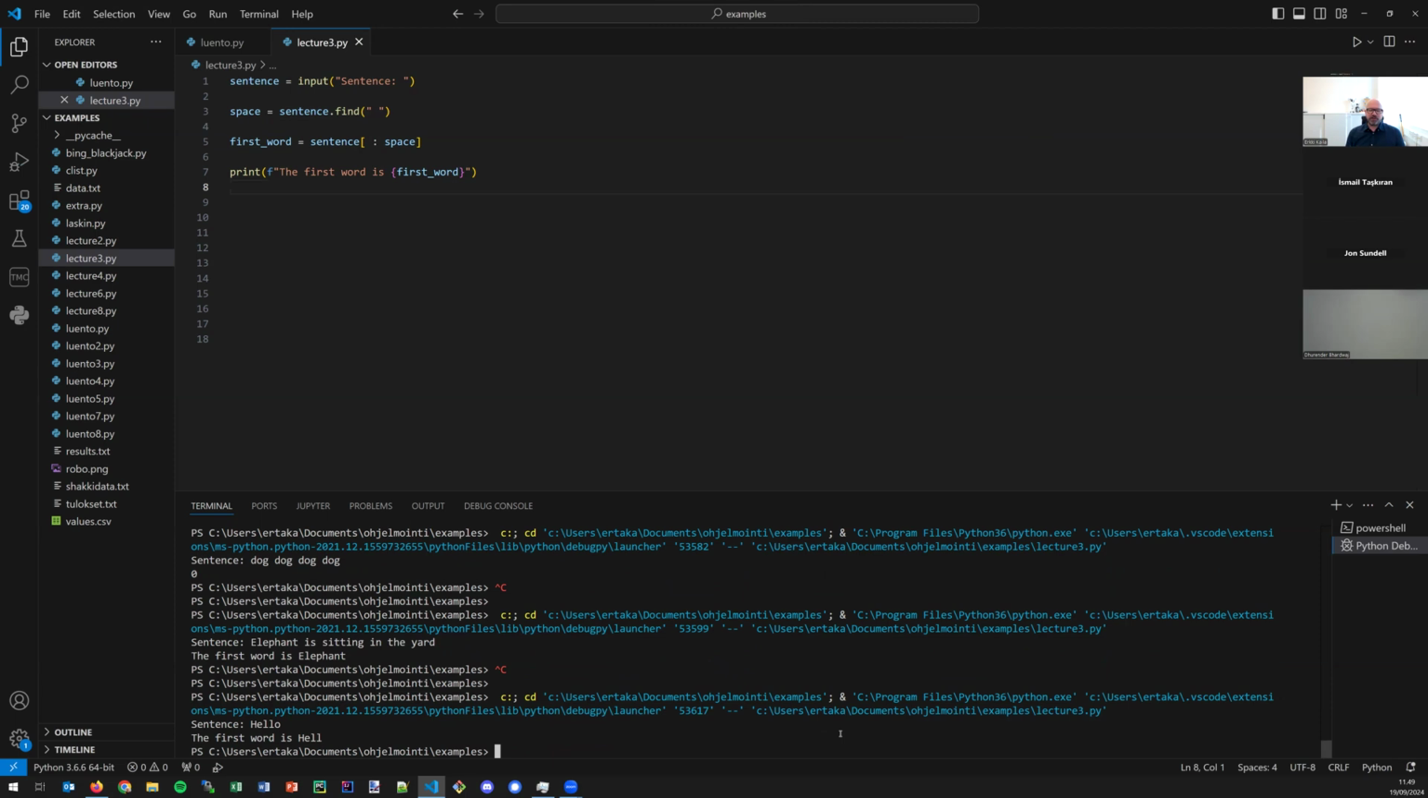And now it says that the first word is hell, which is actually not true. Why does it work like this? Well, the find returns -1, and then we take a substring until -1, which in practice takes a substring excluding